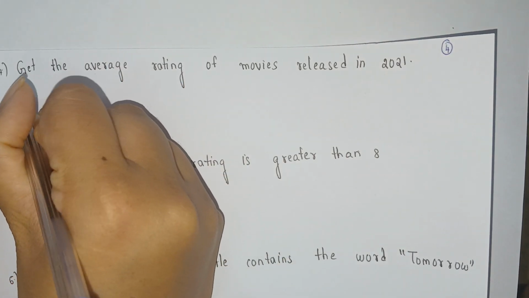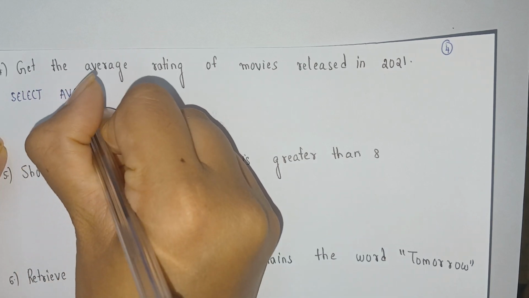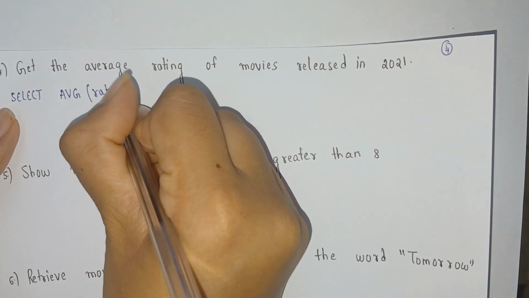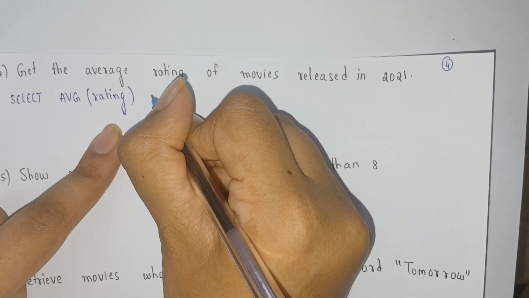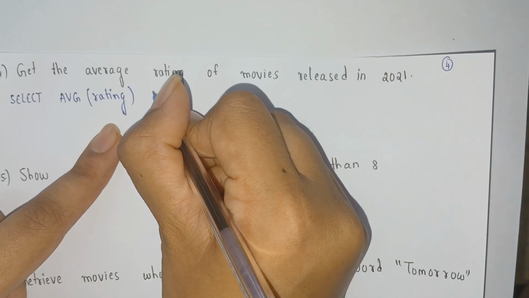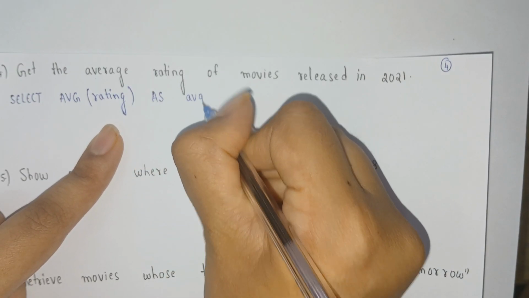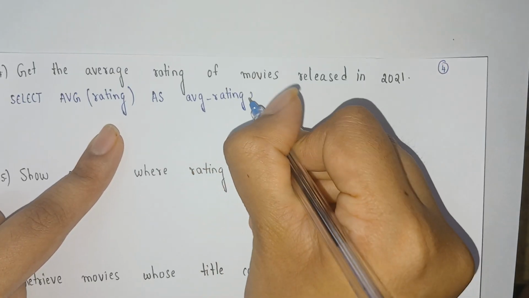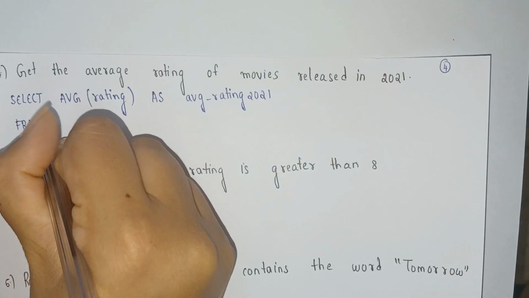There we select average of the rating column, we give the column name and it fetches the average. But whenever you are using an aggregate function, you need to give an alias name for that. Let us give the alias name as average_rating_2021 from movies,